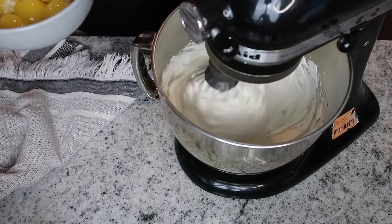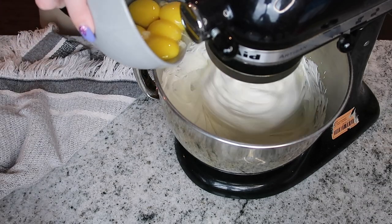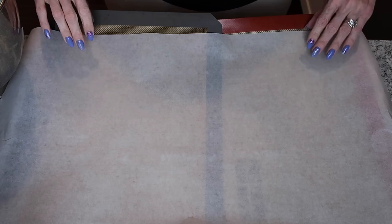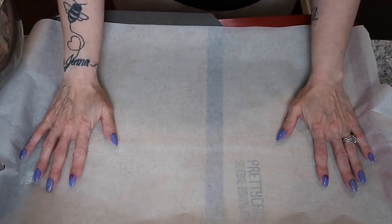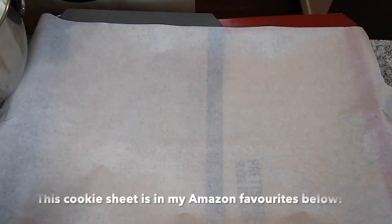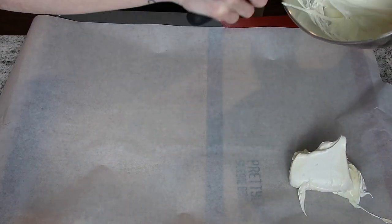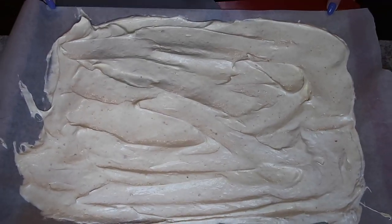All right, I am just going to add in my yolks and just give it a little bit of stir, literally for probably only like 5 or 10 seconds longer. All right, what I'm going to do next is I am going to place it all on my bigger cookie sheet here. This is quite a large cookie sheet, so we are just going to spread that evenly on the whole entire cookie sheet. I am now going to put it in the oven for about 10 minutes